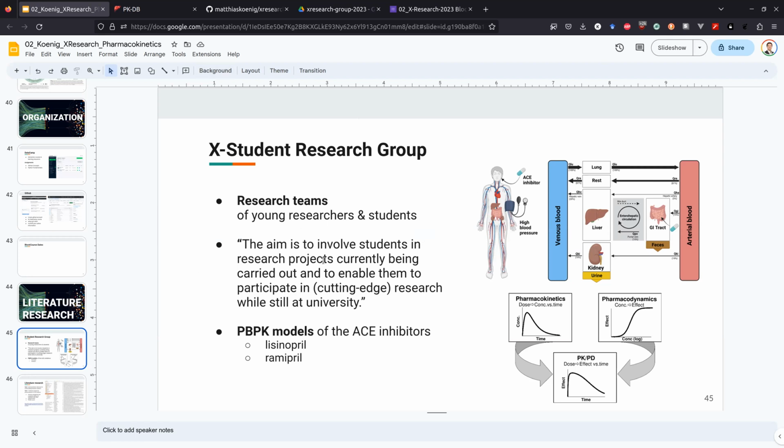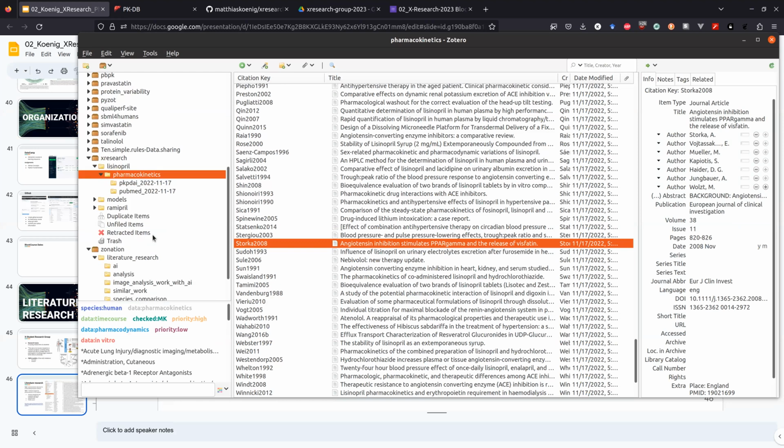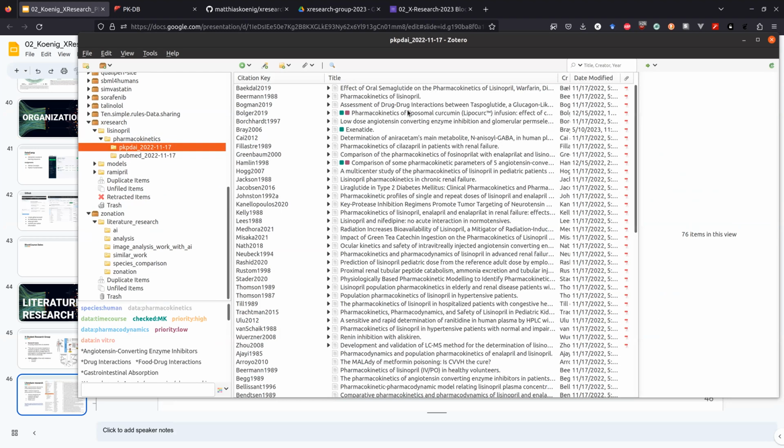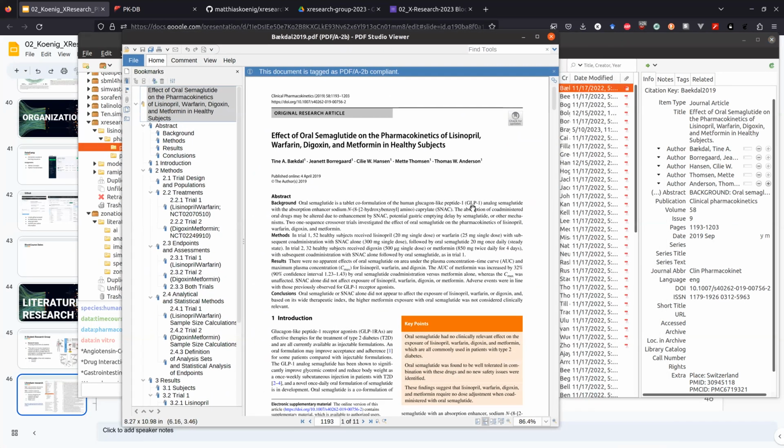We did this a bit more systematically over the years, and what we do now is a systematic literature search and manage all of that via Zotero. We have a Zotero library where we manage the literature, with the publications marked as important or not important. Then we try to get all the PDFs for that, and then we look in the PDFs and do a screening phase and see,